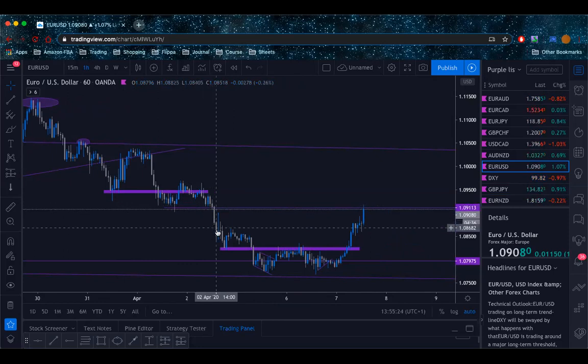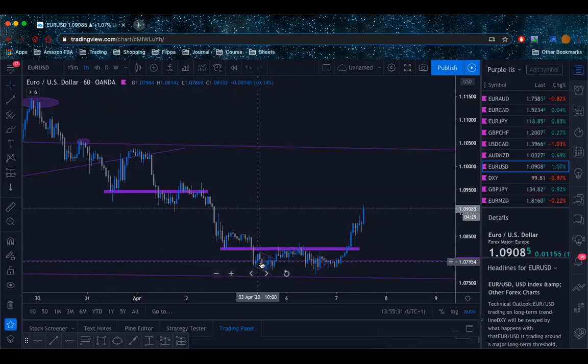We then break, we continue to push down, ignore this line. We continue to push down, we create this next zone here, break through it, and as you can see, we consolidate around it. We see us just lingering around. At this point, I've got further sales in around sort of somewhere around this point. And then we see we have a drive down during the day.